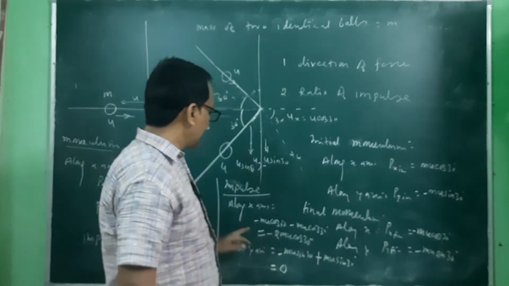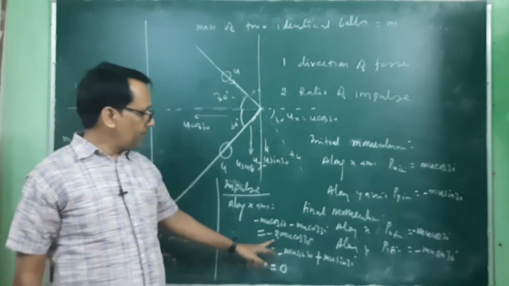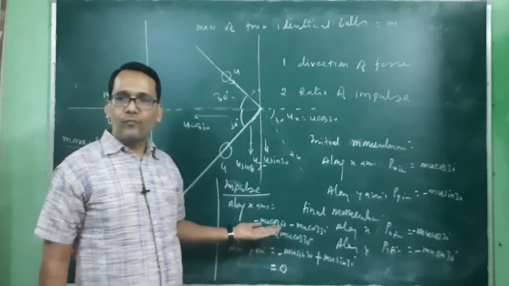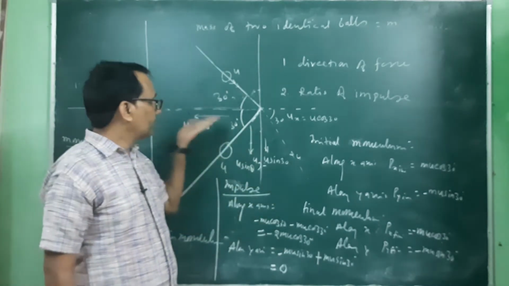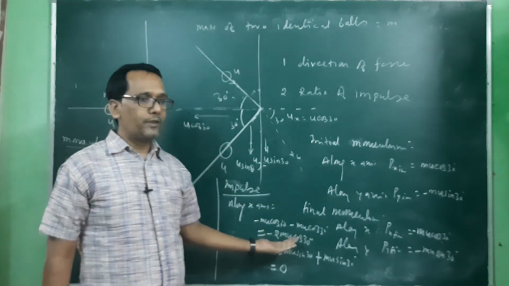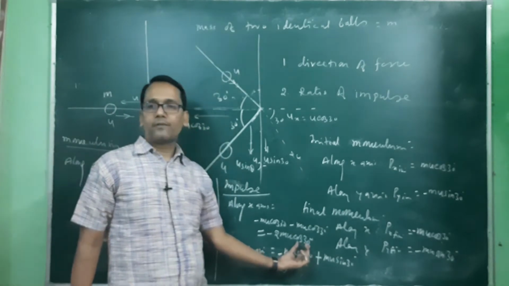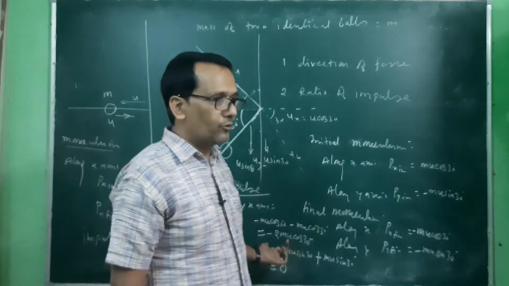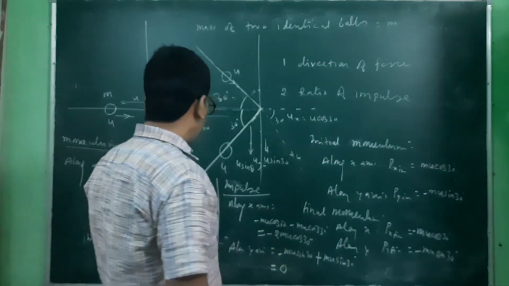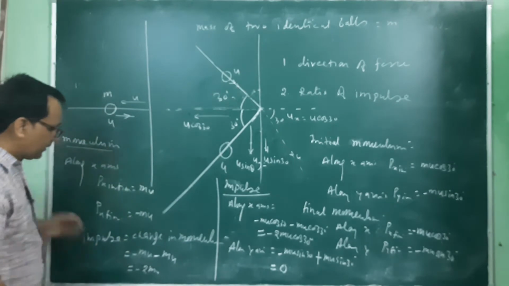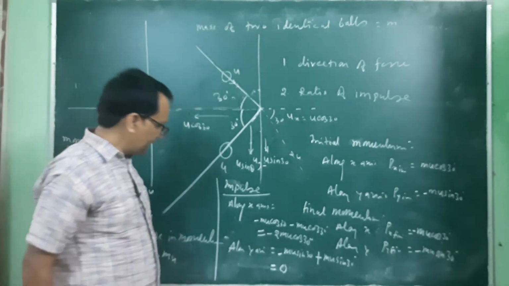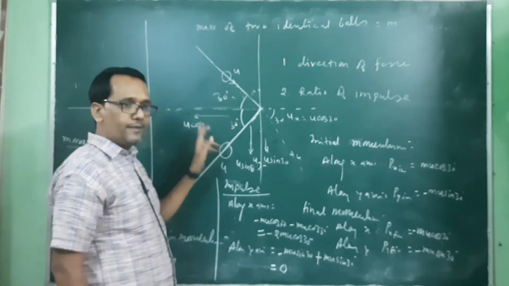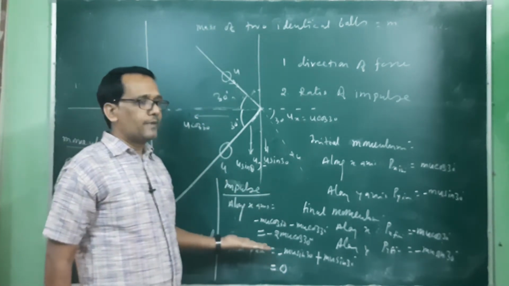But along the x-axis the change in momentum is minus 2 mu cos 30. So obviously this is the impulse. So there will be one force along that direction. One can put the value of cos 30 here and calculate the total force or total impulse. And the second part is we have to calculate the ratio of the impulse. So this is the impulse in the first case, and this is the impulse in the second case, and we can compare by using simple mathematics.